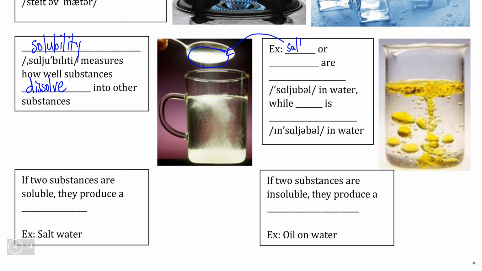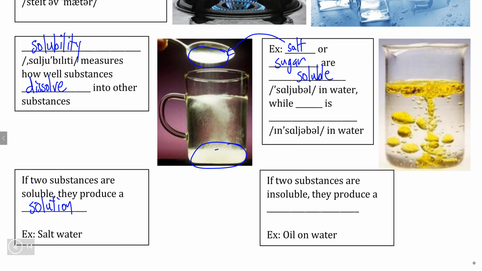For example, if we take a look at this white powder, we could say that this white powder is either salt or perhaps sugar, and we know that if you mix a small amount of these into a larger amount of water, eventually, even if you get some salt or sugar piling up at the bottom, if you shake the water enough, eventually these are going to dissolve and disappear into the water. For that, we say that these are soluble. And if you mix two substances that are soluble together, we get a solution, as we talked about in the